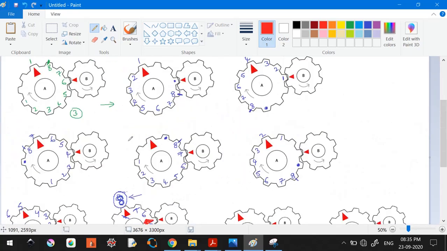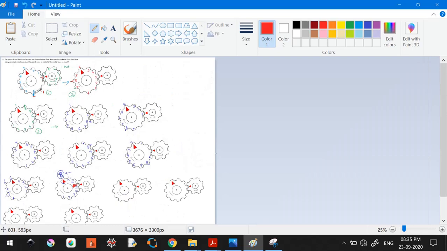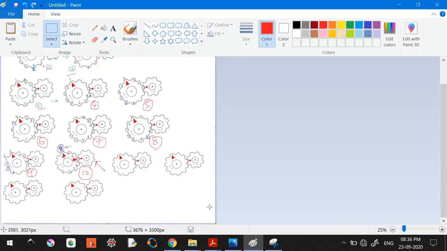So in short, if you see, I started from here, which is 1, 2, 3, 4, 5, 6, 7, 8, and 9 and 10. So I needed 10 rotations of B to make that happen. So that's what I wanted to tell. I think this is clear now. I don't know if there is any shortcut method or so, but this is how I would do. Fine, let's go ahead. Though it looks a little confusing, I hope this is clear right now.